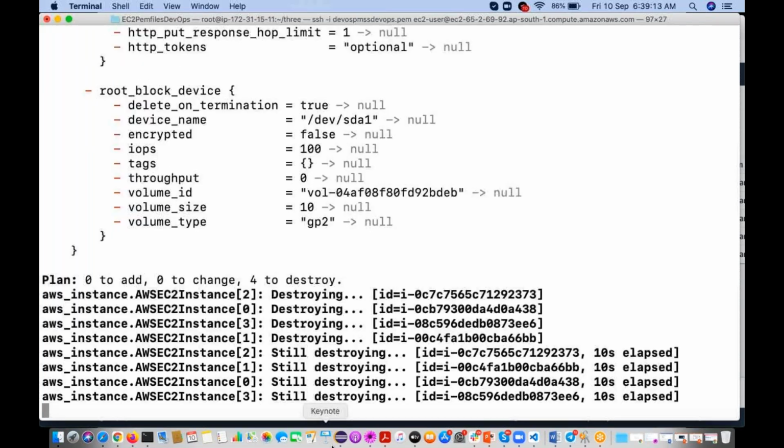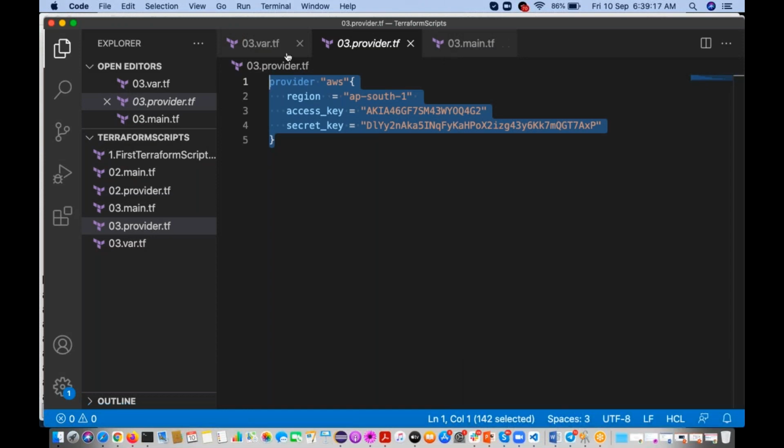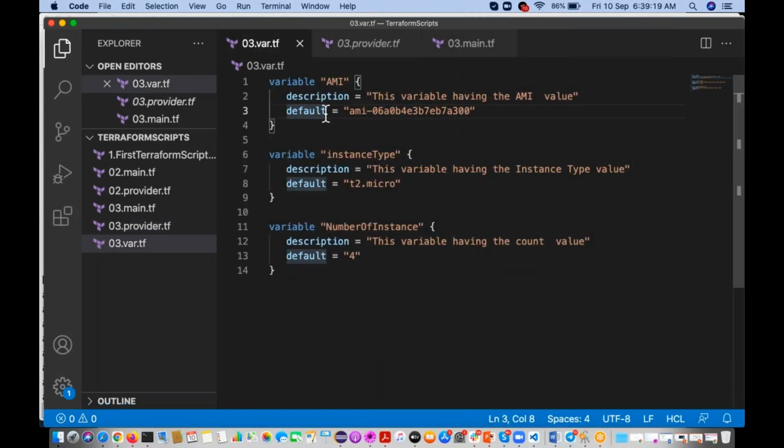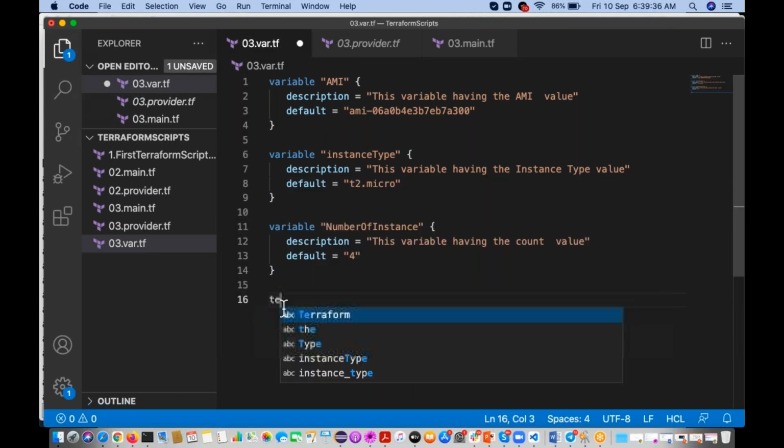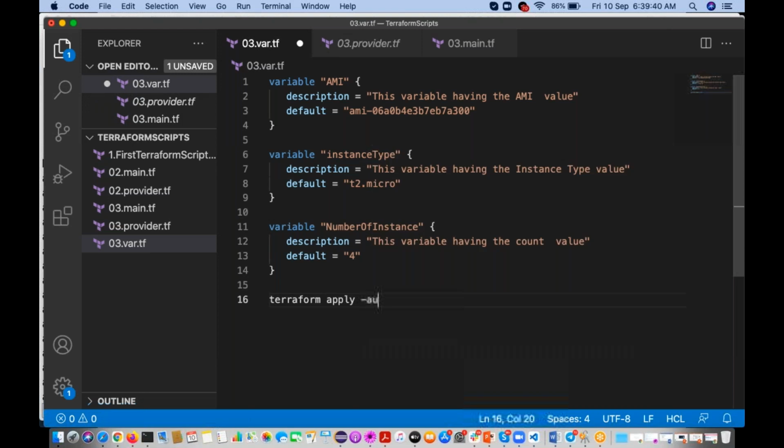See, here I have created the variables and given default values. Is it possible to give these variable values while running the Terraform script? Right now, we are running terraform apply hyphen auto approve.